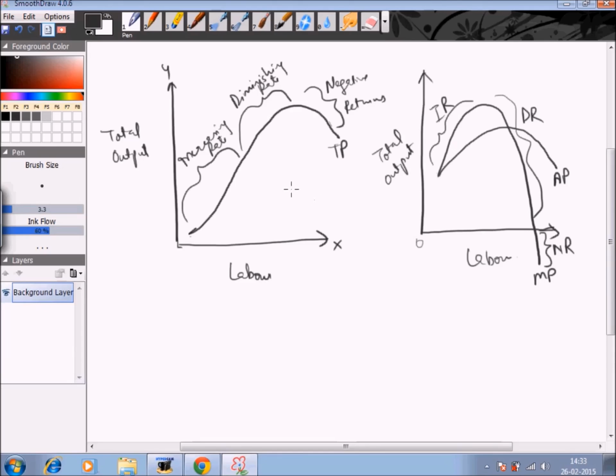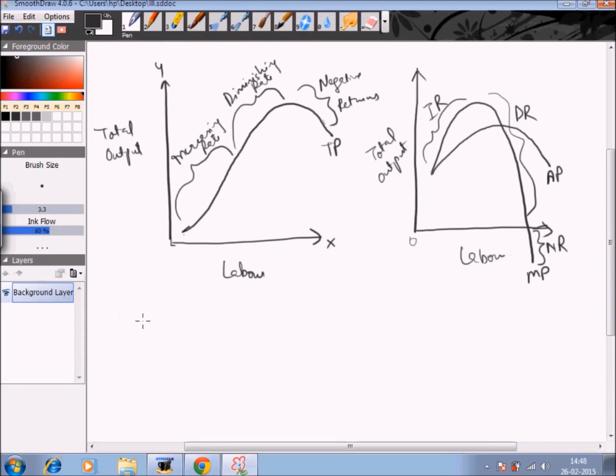See, as we have already discussed, if we don't increase the other resources and go on increasing the employees, till the point there is optimum utilization of the fixed factor, the productivity will increase. But after the optimum utilization of the fixed factor, the productivity will start going down. The reason behind the law of increasing returns can be attributed to two factors, that is